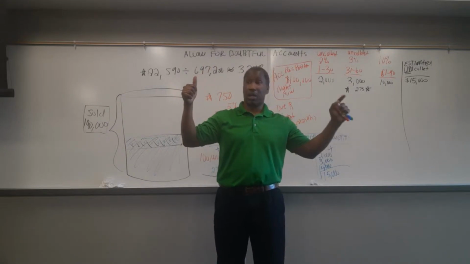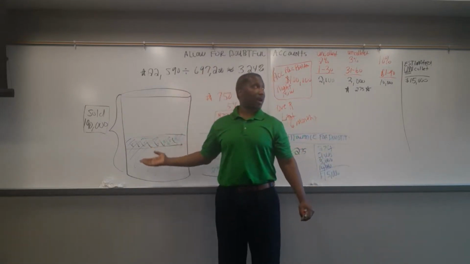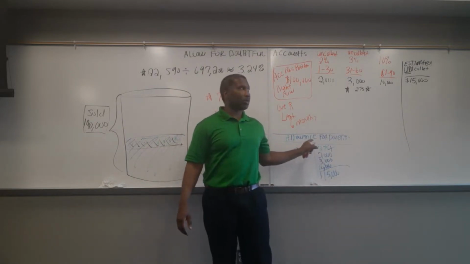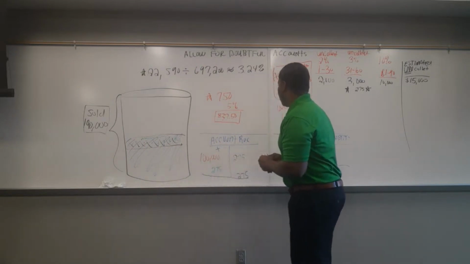Accounts receivable account. That's right. I have to debit accounts receivable, and I also have to fill this cup back up by crediting what account? The allowance for doubtful accounts. So my journal entry, whenever I recover something,